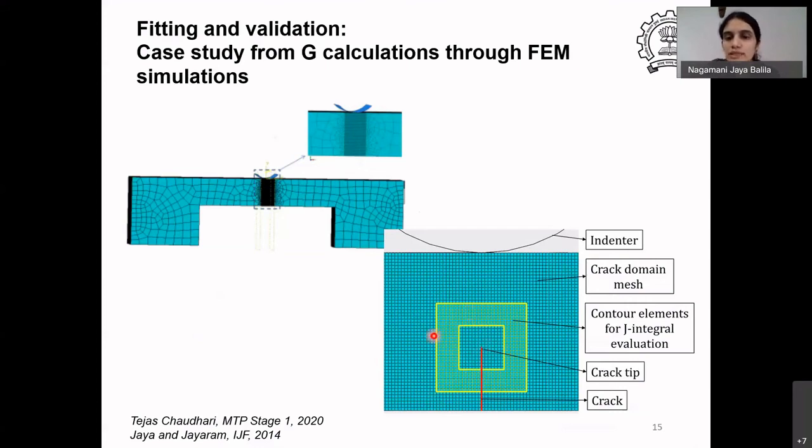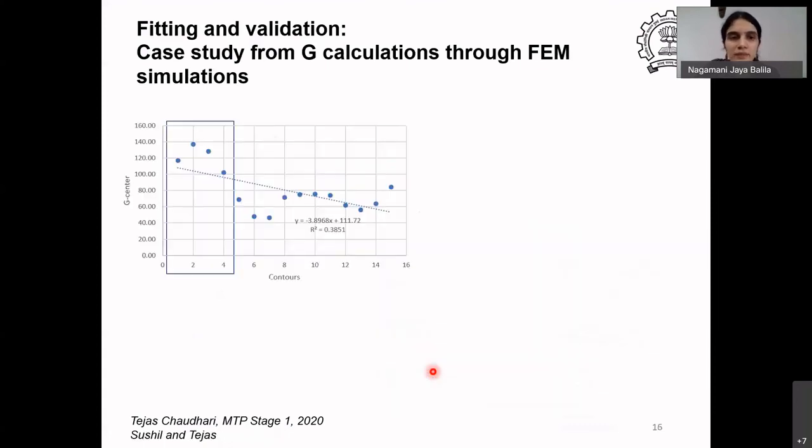Whereas if you go to a certain optimum distance, then you will start getting stable values of G. So we'll see that. If you look at different contours, from the first contour very close to the crack tip to the faraway contour, the blue dots are the actual data points. You see that the initial value of G is high, and it doesn't seem to match the rest of the data, which is hovering around, let's say, about 70. Don't worry, this is joule per meter square. It's around 70 here, but here it's sort of high.